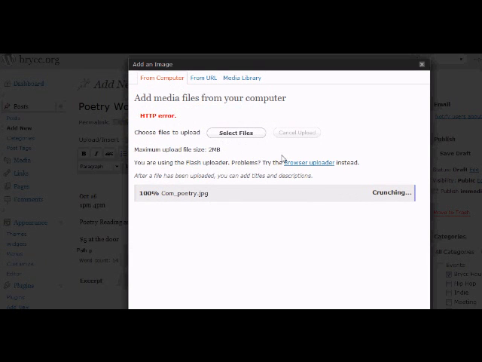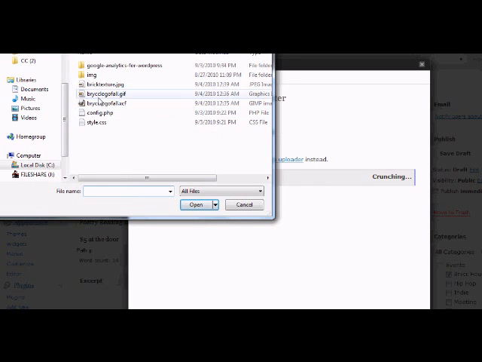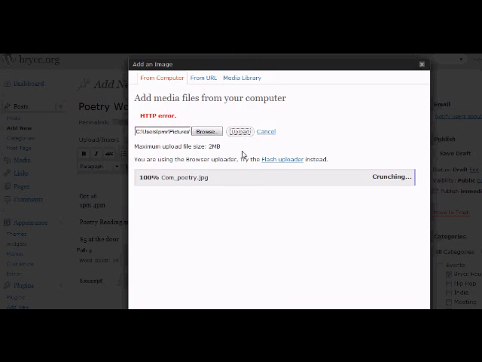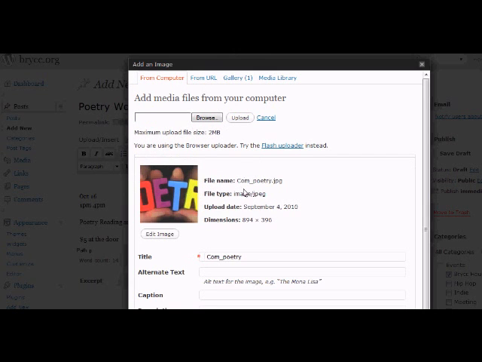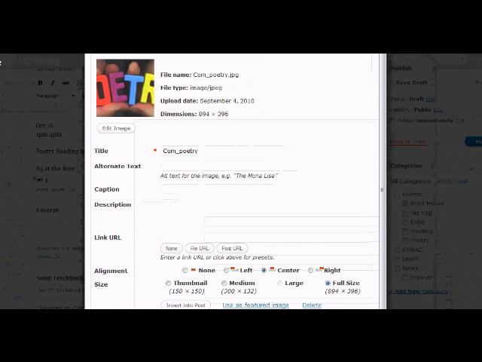If you ever get any weird errors like this, you can always use the browser uploader, and we can go to browse, and it's basically going to give us the same options here. So let me drop our poetry in there. Ta-da! And here we see we have a nice little image there. I'm going to zoom in here so you can kind of see